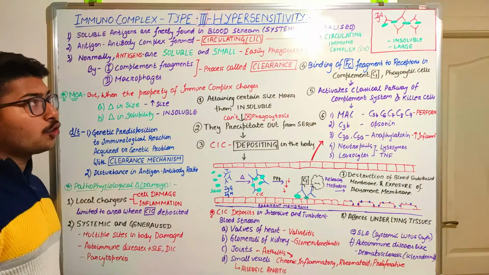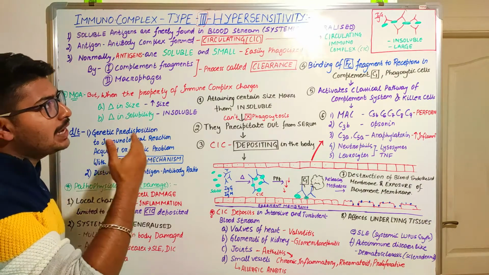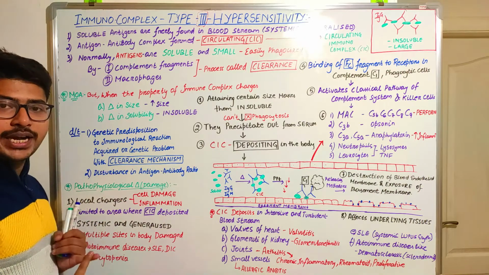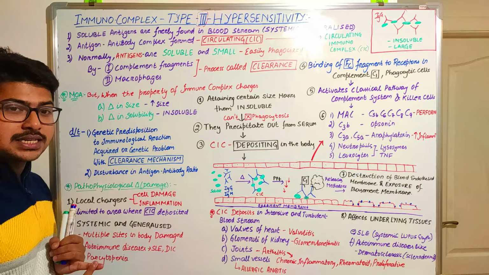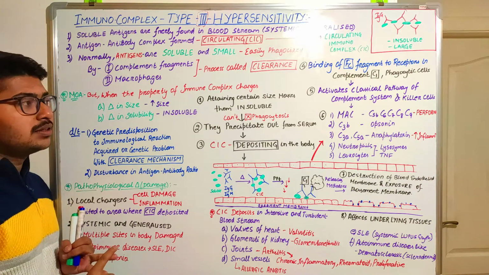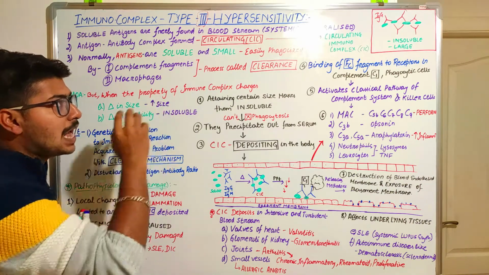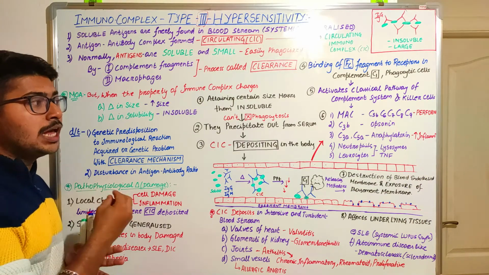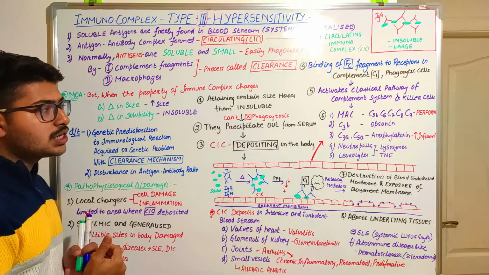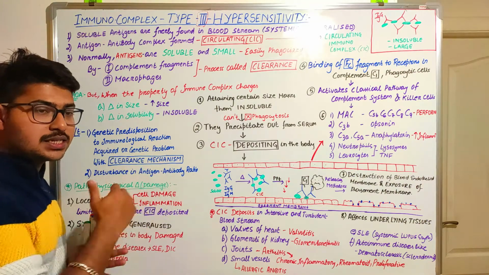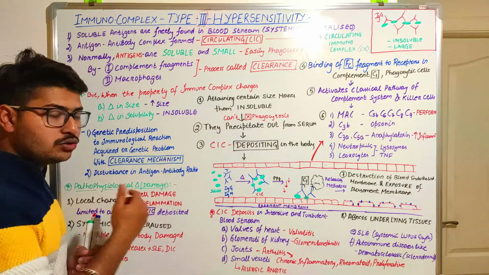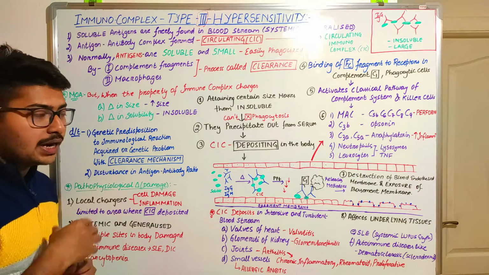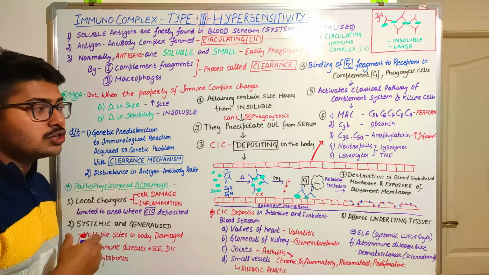So friends, today we are going to read about the type 3 hypersensitivity reaction. First we are going to differentiate between type 2 and type 3 hypersensitivity reaction, and then I will say the three major processes through which these hypersensitivity reactions occur. The first process is the immunoreactions, the second is the pathochemical changes, or the chemicals that are produced during the process, and third the pathophysiological changes, in which the clinical manifestations or symptoms are seen.